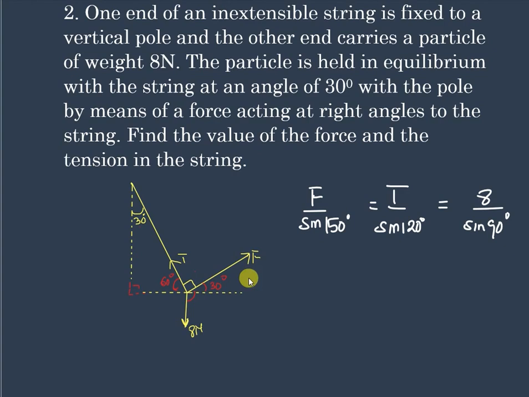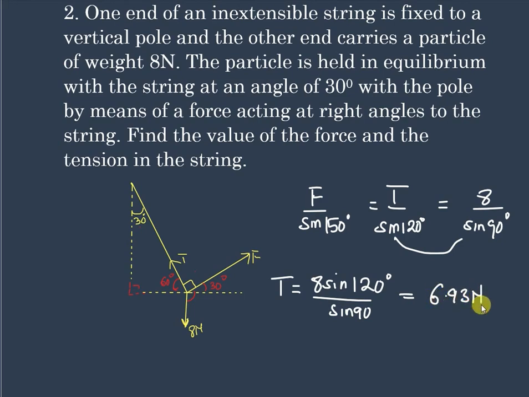So you equate this and that, and you have that T is equal to 8 times sine of 120 degrees divided by sine of 90, which is of course equal to 1, and that will get us a T which is equal to